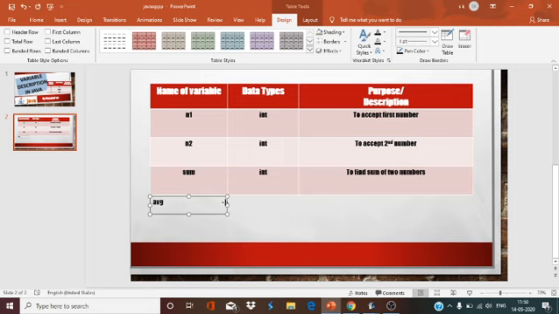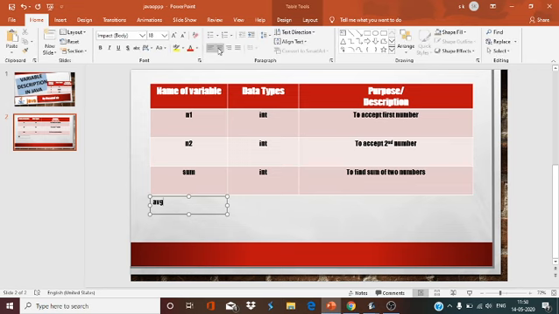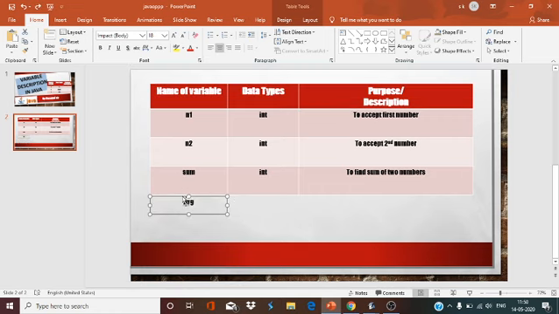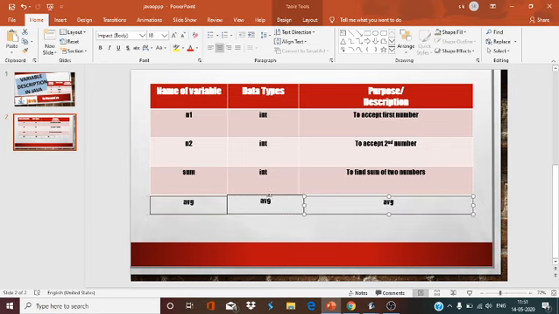average. Which data type? Description. Average, data type float, and description: to calculate average of two numbers.